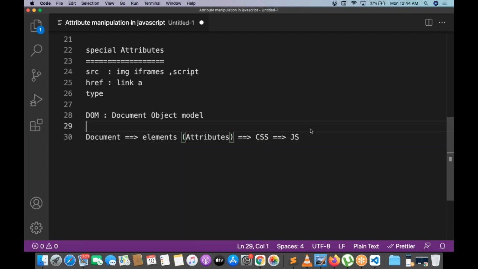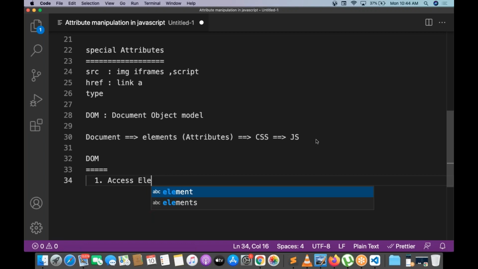Three methods. Inside the DOM, we already understood some DOM architecture and we already discussed some points in DOM. One is access elements from HTML to JS. We already done with this.